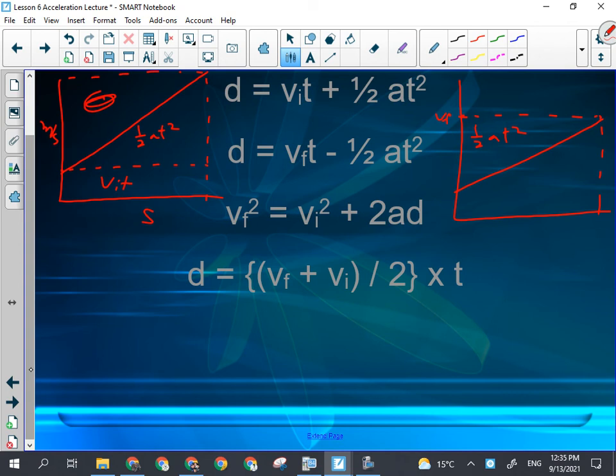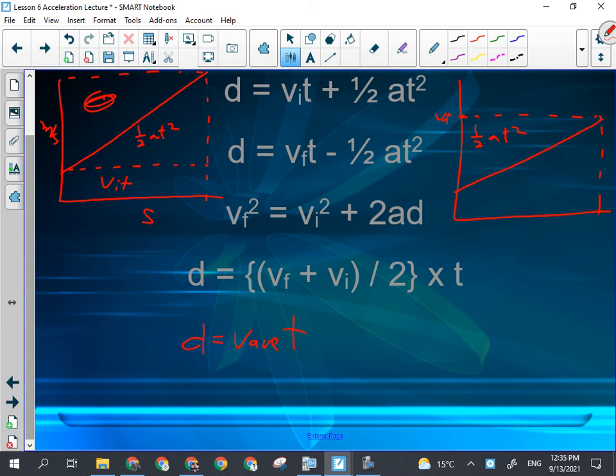If the acceleration is uniform, I can use this formula. If it's not, then I can't, because here's what this one's really doing. VF plus VI over 2. What is that likely to be calculating? What am I calculating when I add two things together and divide by 2? Their average, which is fine as long as the progression between the two is constant. Because then really what I'm doing is finding the halfway point. So really all this formula is